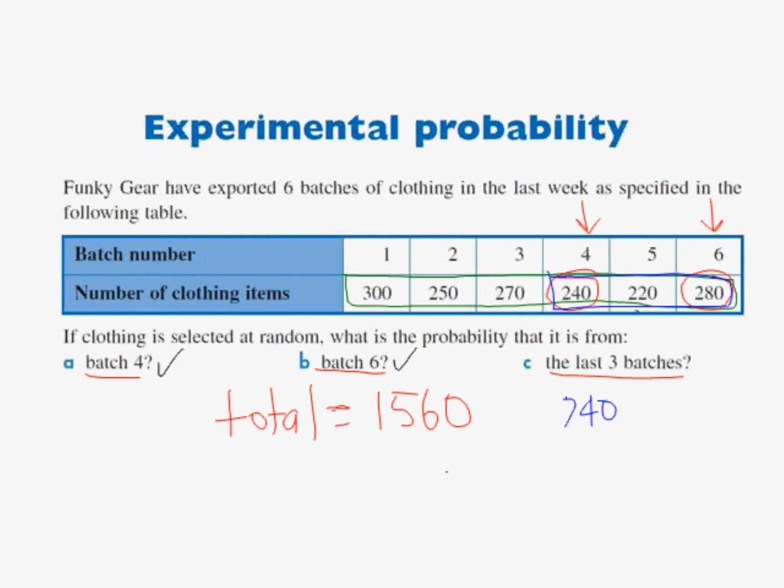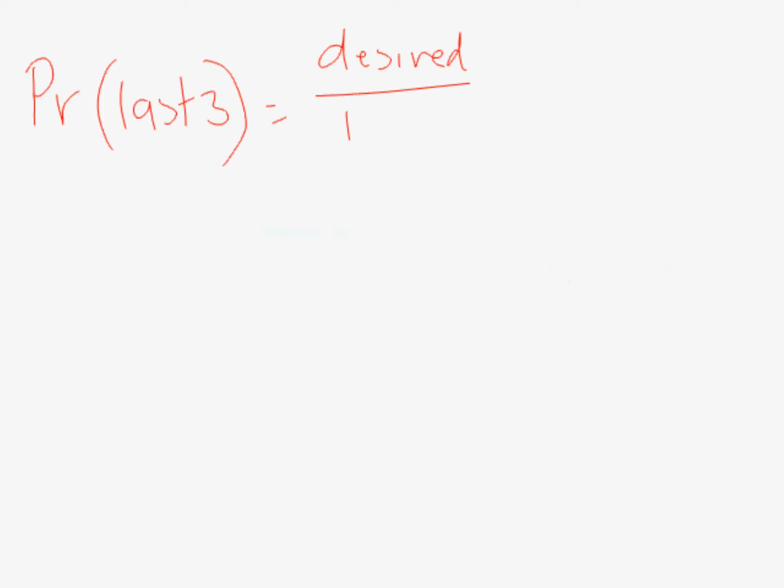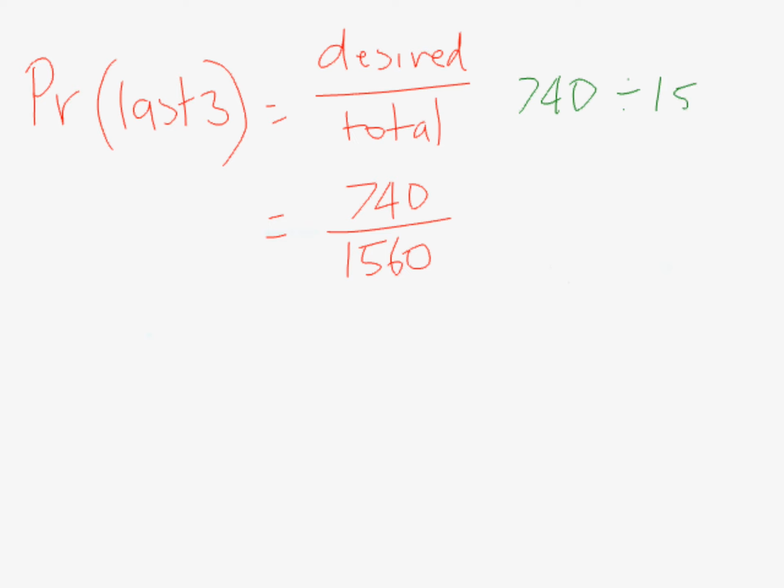Okay, now let's just add a slide in here. So the probability of the last 3 equals the desired over the total. Okay, we just worked out that it was 740 over a total of 1,560. Remember, the total isn't changing throughout this. This 1,560 doesn't change. Now think back, put into your calculator 740 divided by 1,560,